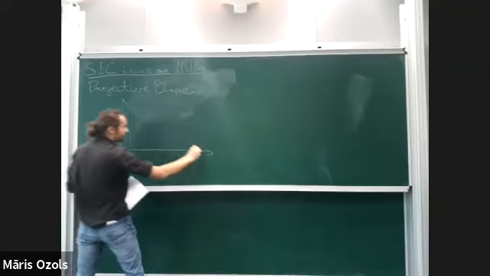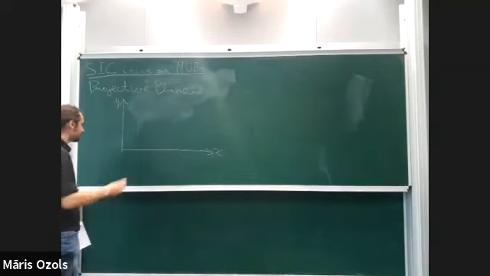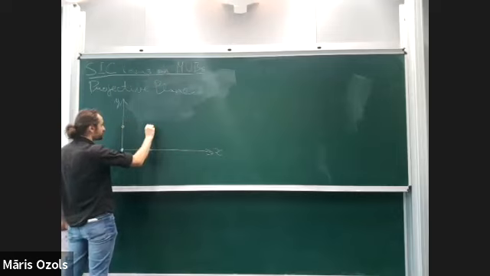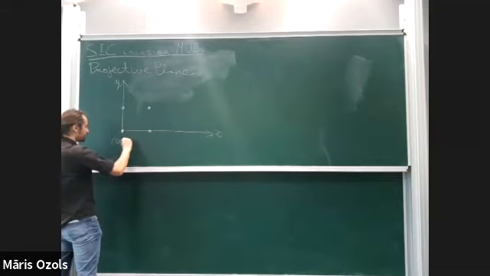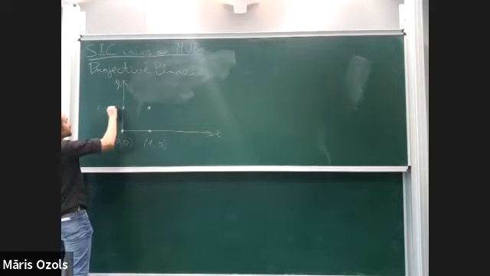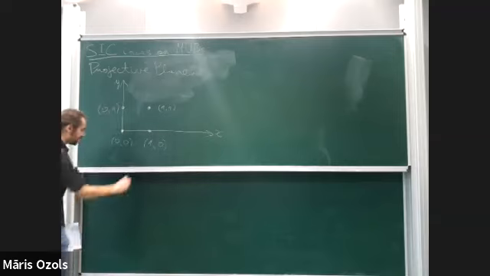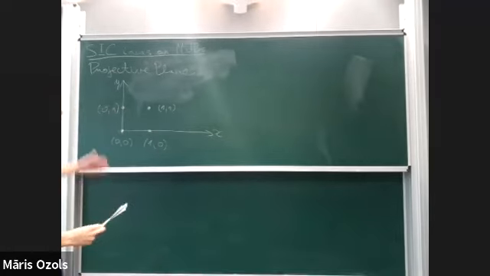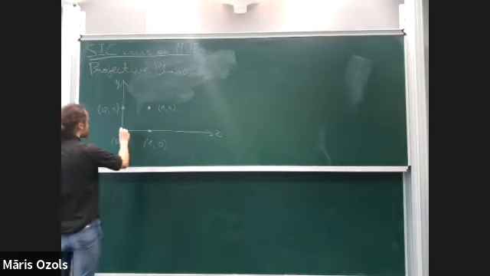Let's put some axes, x and y. If it's order 2, we start by making a 2 by 2 grid of points, and we assign to these points the usual coordinates. This will be the origin, this will be (1, 0), this will be (0, 1), and this will be (1, 1). Now we can draw some lines. We're going to draw all possible lines through these points at all possible slopes. We draw a horizontal line,